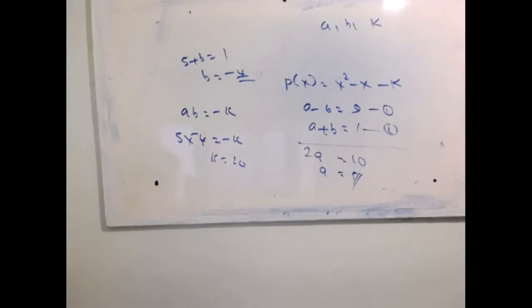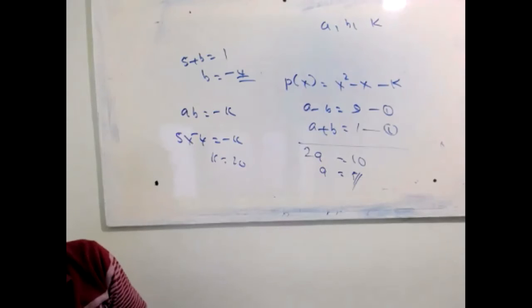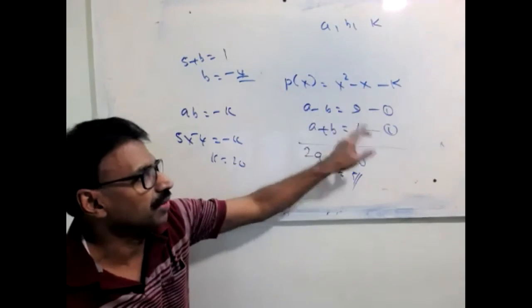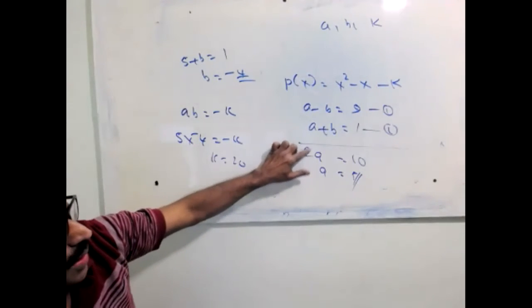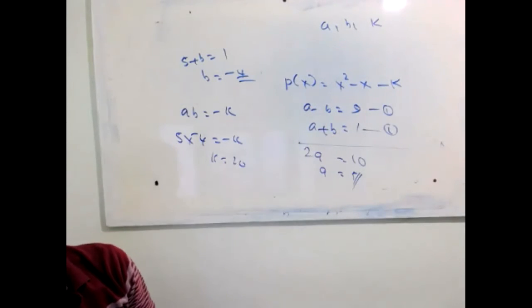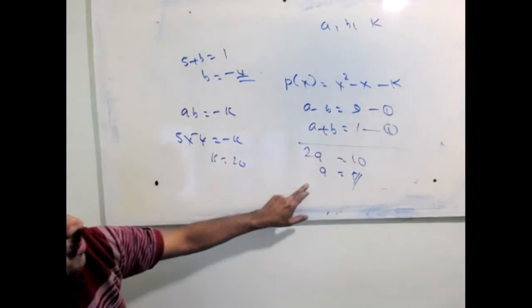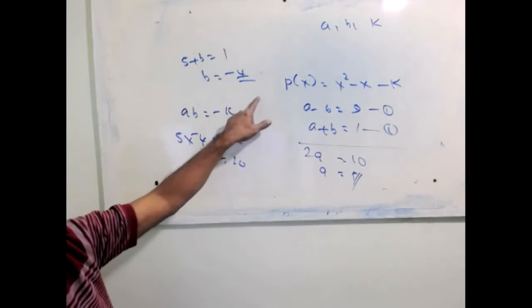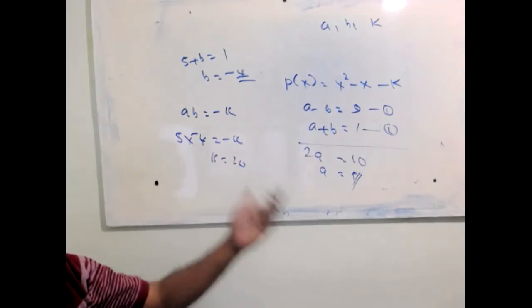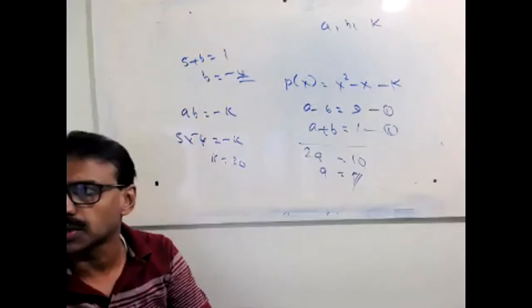So you listen and make sure you are thorough about what is alpha plus beta and what is alpha beta. Here, a minus b equal to 9 is given. a plus b equal to 1. Why 1? Because minus b by a is 1 by 1, which is 1. Easy, you can solve it. Just add both. a plus a, 2a. Minus b plus b cancels. 9 plus 1, 10. a equal to 5. Substitute this a into one of the equations: 5 plus b equal to 1, b equal to minus 4. Then we know that a into b equal to minus k, the product of the zeros. So k equal to 20. Viveka, finished or not?